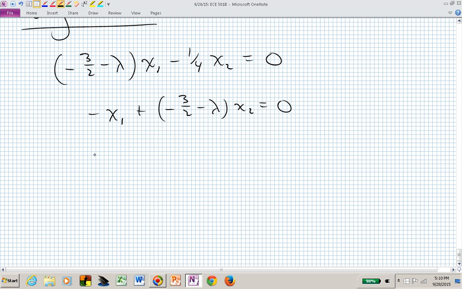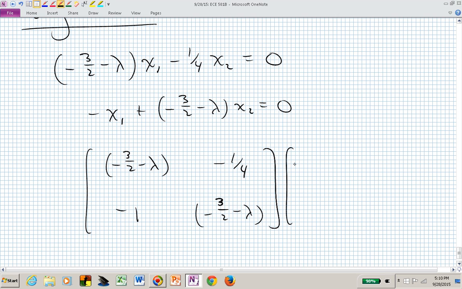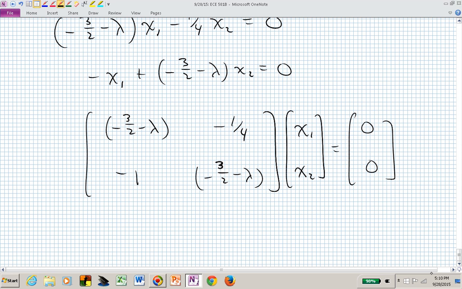So that now if we put that into a matrix form with our unknown being the x1 and the x2, we would have minus 3 halves minus lambda and a minus 1/4. We would have a minus 1 and a minus 3 halves minus lambda